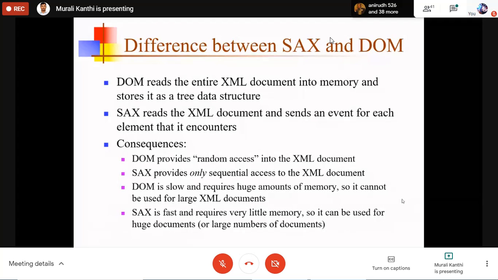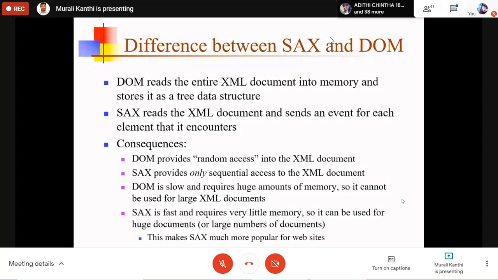Why? Element by element or event by event, so with less memory this processing can be done. So it can be used for huge documents. If your XML document is small, then it is better to use DOM. And if your document is large, then use SAX.